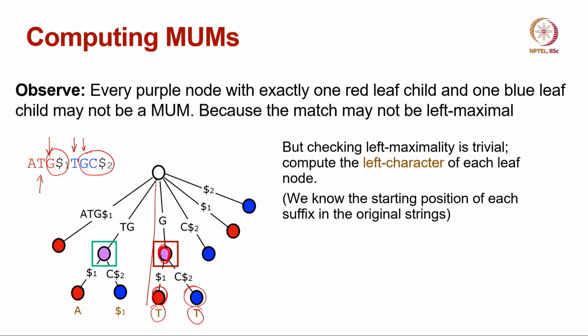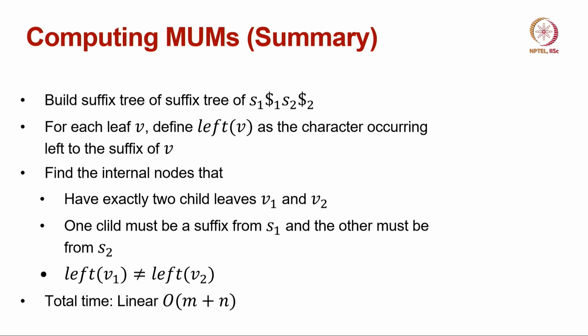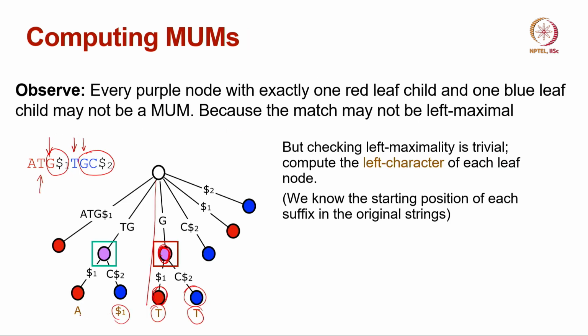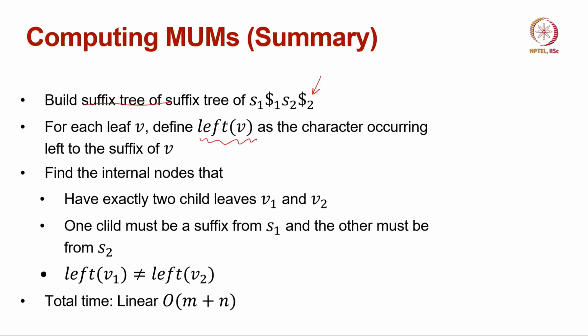So, to summarize, all we have to do is build a suffix tree of S1$1S2$2. Then for each leaf node in the tree, we are going to compute the left character that occurs just before the suffix of that node, as shown here. So, the left characters occurring before the suffixes, we will compute those for all leaf nodes,